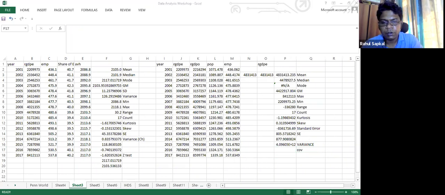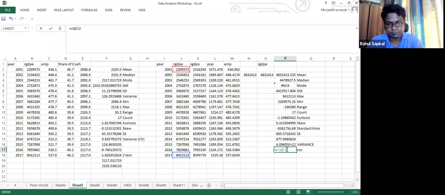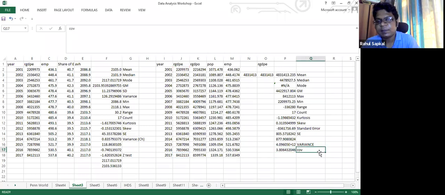So my formula for coefficient of variance is H18, H19 division of, if you put, this is my coefficient of variance of all these things.